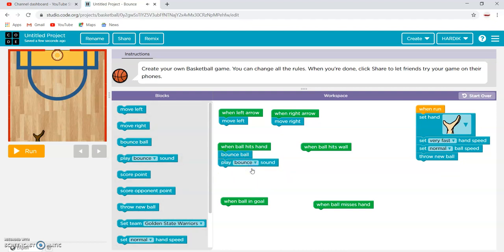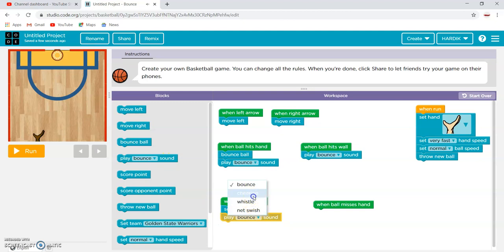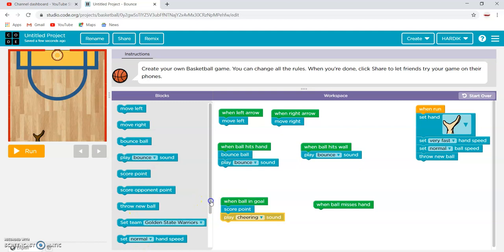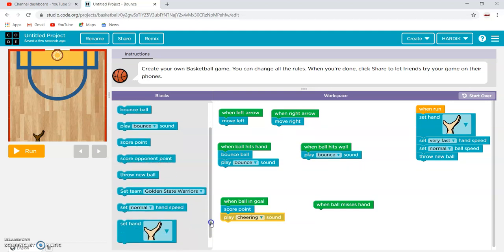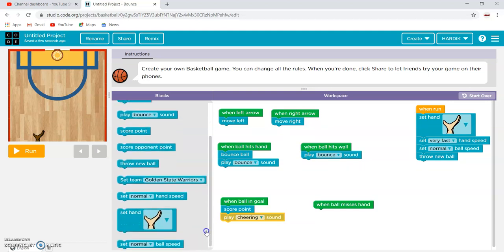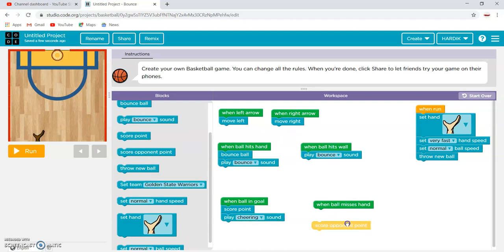And okay, now when ball hits wall, bounce ball has to be created, sound has to be created. Now when ball is in the goal, score point, and we'll make it cheering. Whereas over here when it loses, score opponent point, throw two new balls,